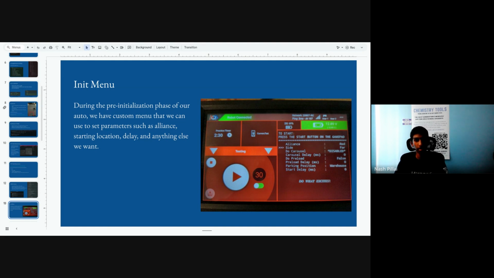Just because if you go up to the field and your partner suddenly tells you, oh wait, our robot doesn't work anymore, can you actually score something on our side that we were initially planning to do there? You don't have to change the code and redeploy or have a bunch of different autonomouses for every situation, because you're not just going to have red side and blue side, or you might have other things like